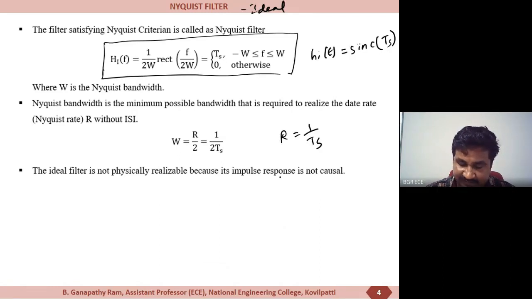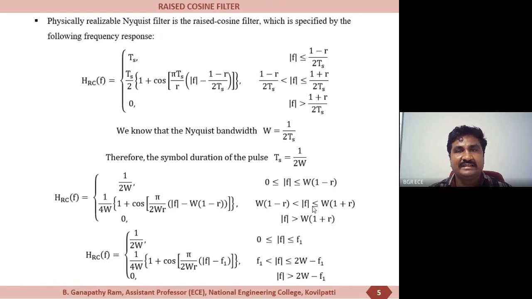We can write W is equal to 1 divided by 2Ts. Then there is the raised cosine filter, in which we are going to use a coefficient called the roll-off factor R, which reduces the sharp edge into a smooth edge,